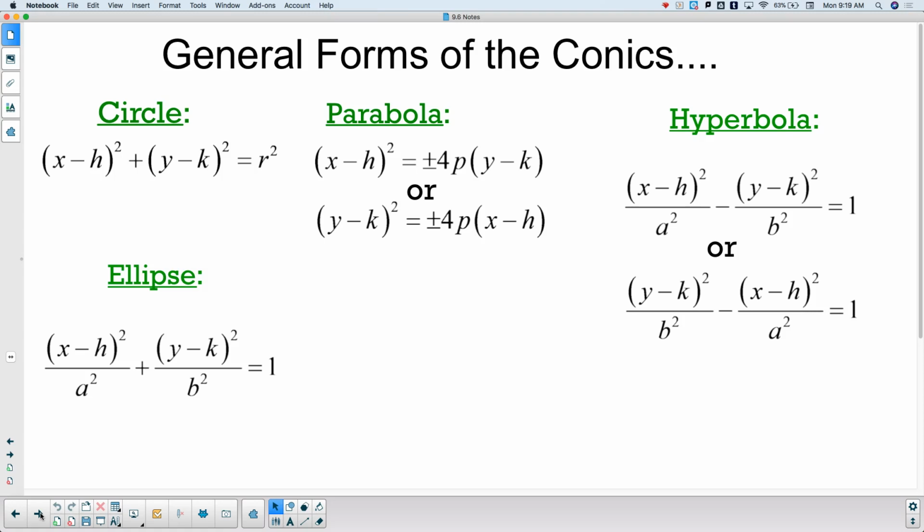Parabolas look like that. 2 different forms. Depends on which one's squared, but basically the same style of form. Hyperbolas look like that. Again, depends on if it's up, down, or left and right as to which one comes first. Okay? So you got all that. Okay? Now, on the... Okay? So on the face, if I were to ask